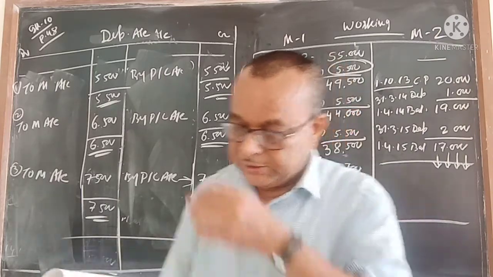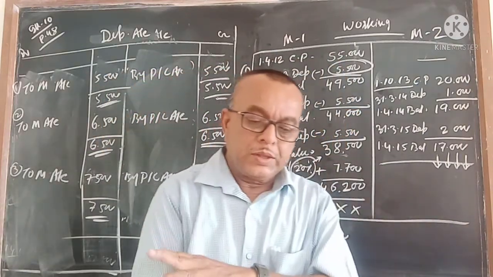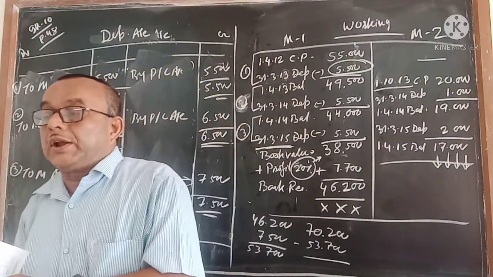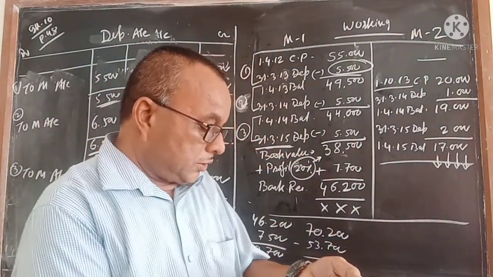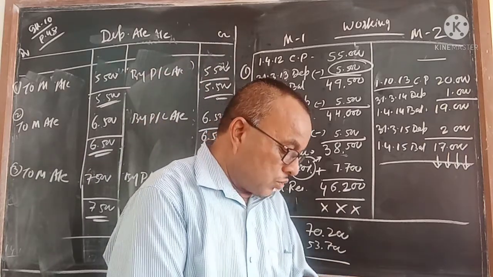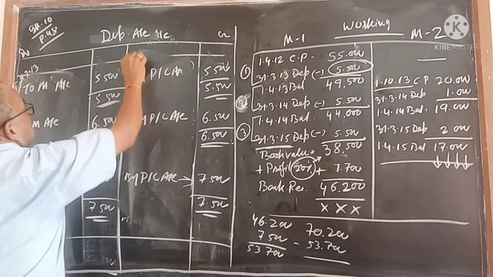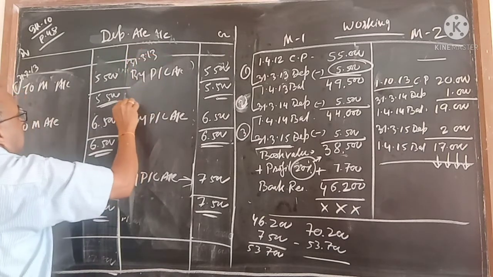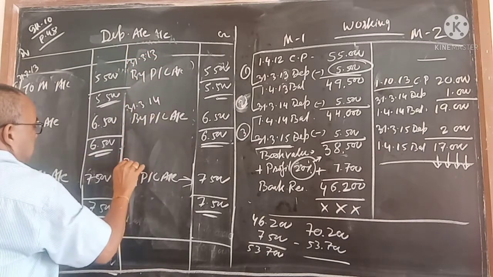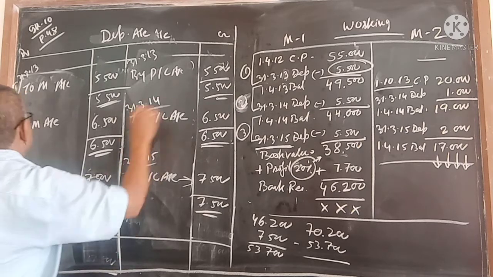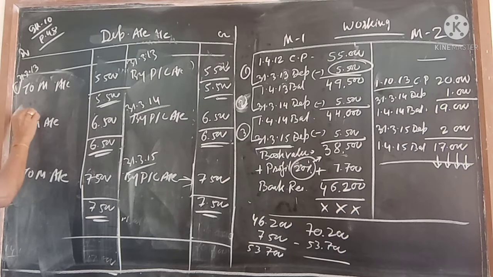No more things. And also one more thing they may say, that show the accounting effect to the final account. Accounting effect to the final account, that is something every one of you knows. How to do the accounting effect to the final account, that also I want to show it here. This is date I have not written, date you have to write. Because first year end comes 31st/3/13. Here also 31st/3/13. Then 31st/3/14. Then 31st/3/15. This is 31st/3/14. This is 31st/3/15.